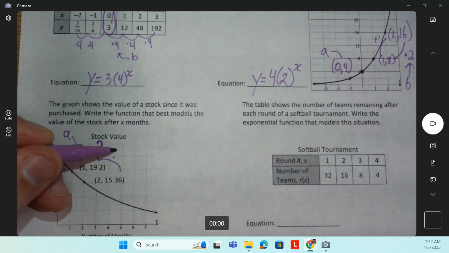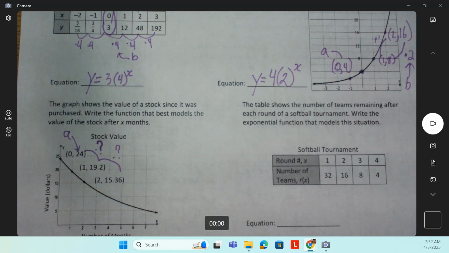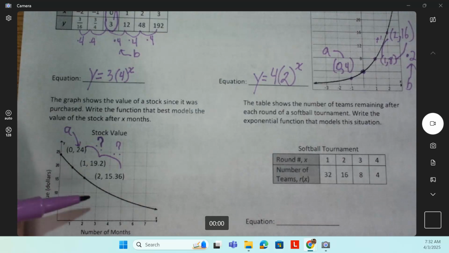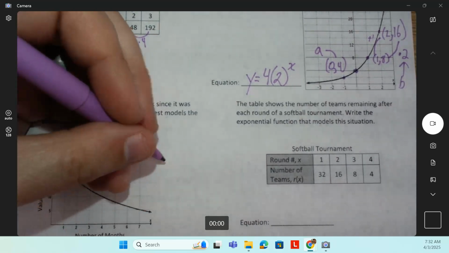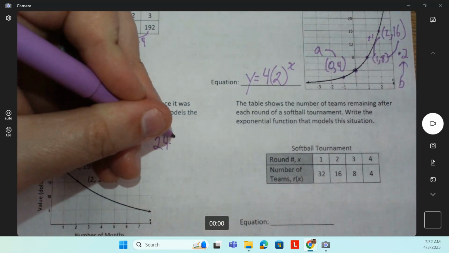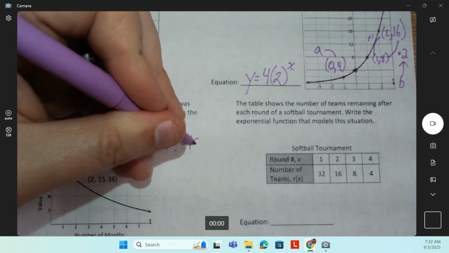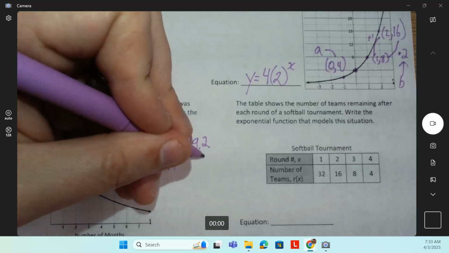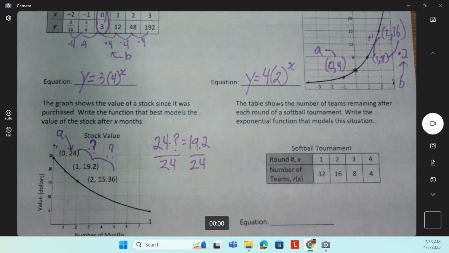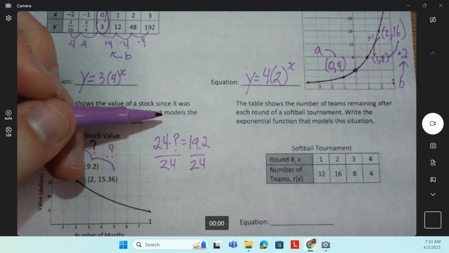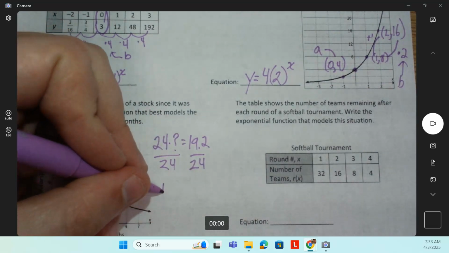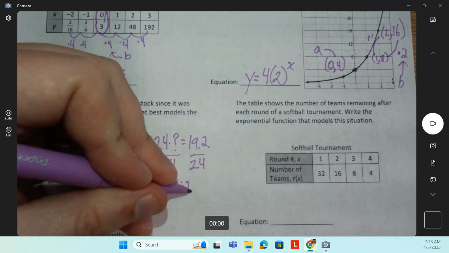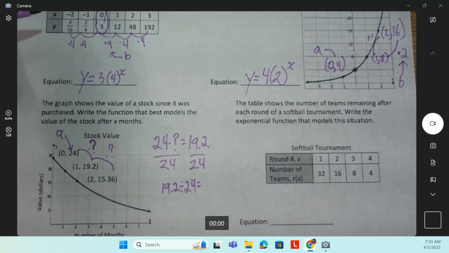So what we've got to do here, since we don't know it, is use one of our fact families. So I would say 24 times something equals 19.2. And so if I just divide both sides by 24, then I will get what that number is. And so doing 19.2 divided by 24, we could work that out or put it in a calculator, but you're going to get